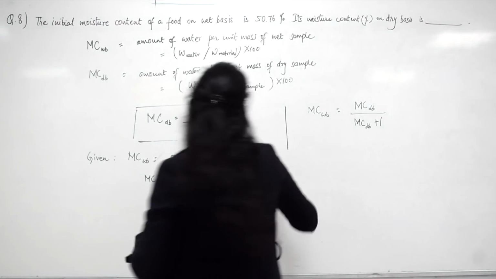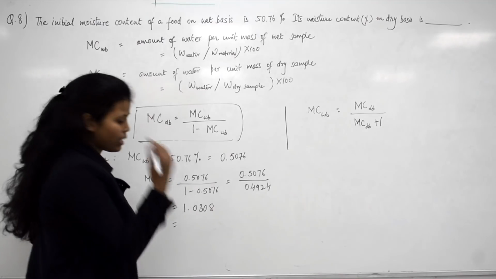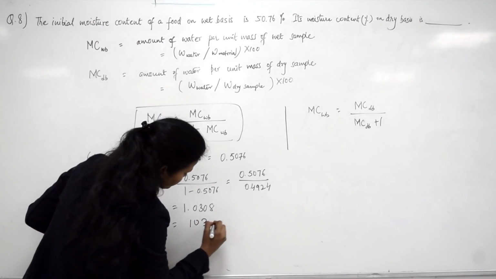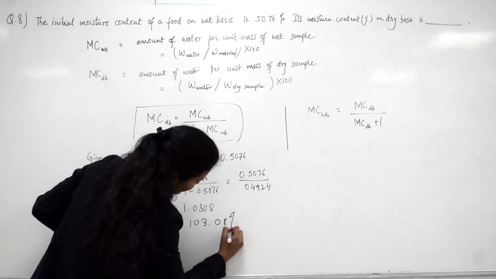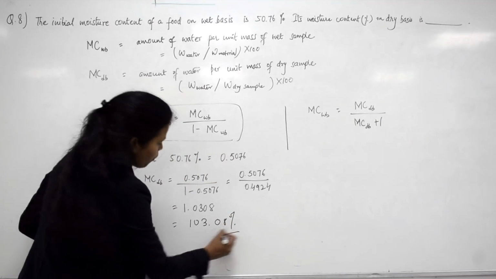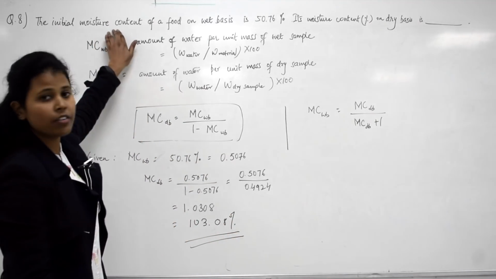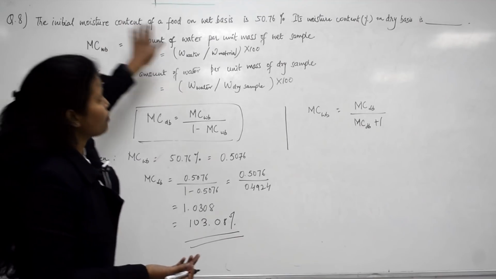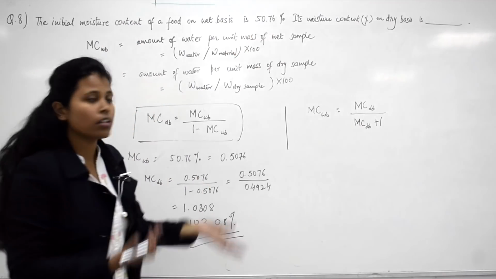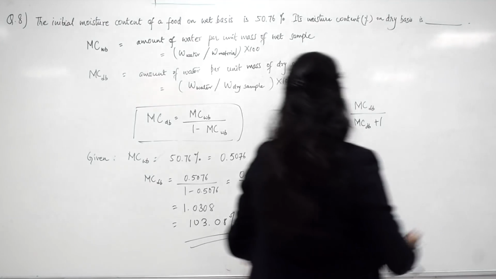This can now be easily converted to percentage because the question is asking in percent. It is 103.08%. So the moisture content of this food, which was having the moisture content on wet basis 50.76, now has been converted to dry basis and the value is